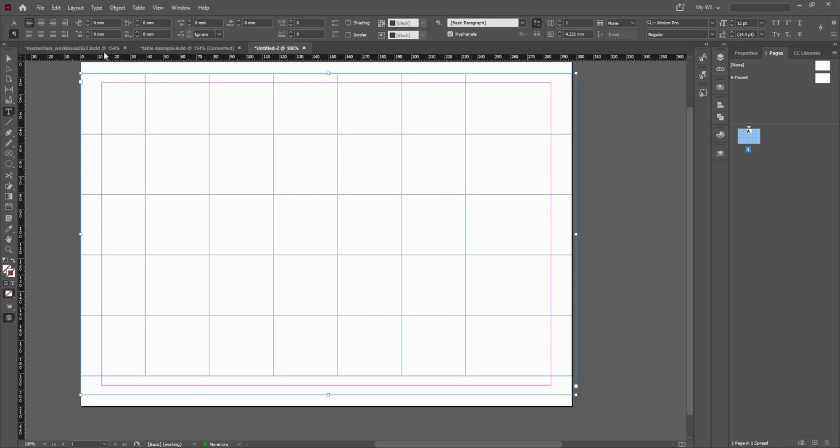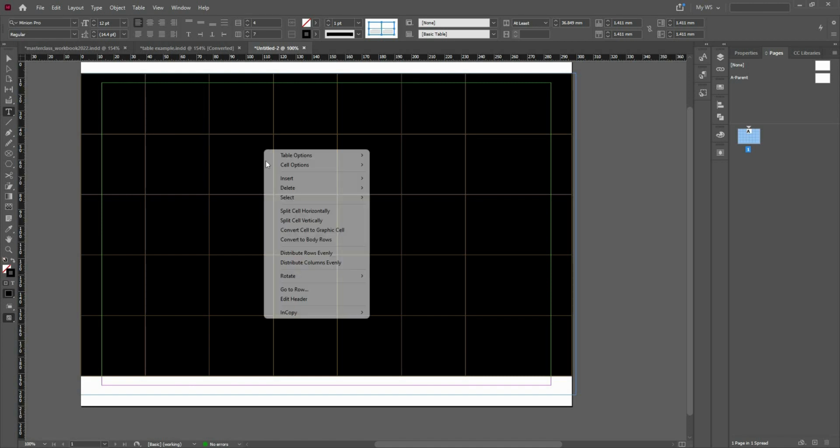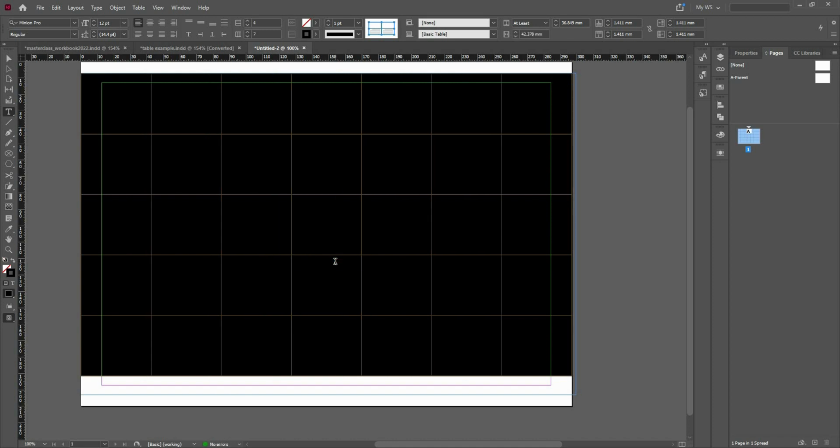And now if I select all these cells by going to this option at the corner here. Once you see this, click and it will select all the cells in the table. Once you have them all selected, right click and choose distribute columns evenly. That way you can manage to increase the area and use your columns, and same thing goes for